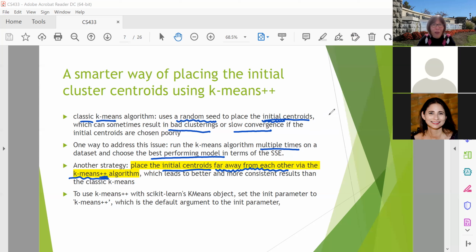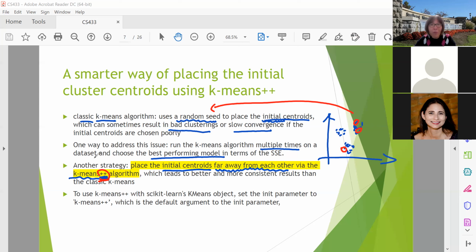The idea is, with a random pick, you may pick this initial centroid, then this one, then this one. Clearly you can see this is not a good choice with random. But with k-means plus plus,